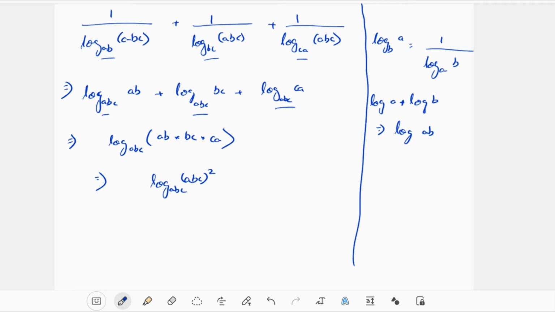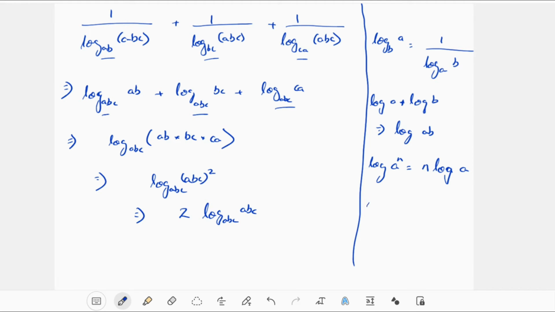Now, we'll apply another rule. Okay, that is log of A power n is nothing but n times log of A. That is, whenever I take log for an exponent having a base A and a power n, it simply is equal to the product of that power n multiplied with the log value of A. That's all. I can bring the power to the front and multiply it with the log value of whatever number was there. So this would mean that I will be having 2 into log of ABC to the base ABC.